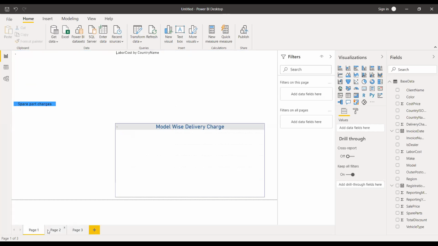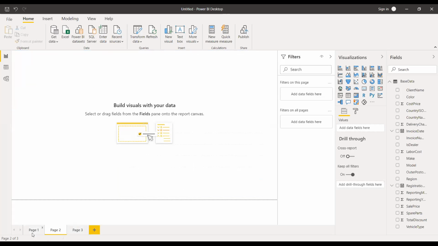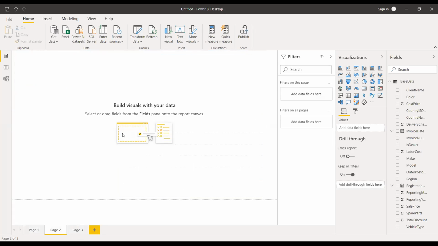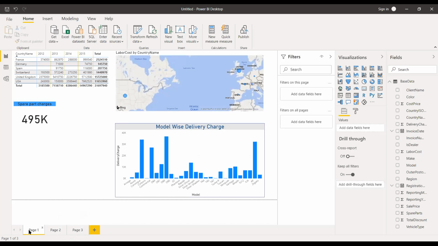On the different pages, I can have, suppose for one product we are defining this, or for one country I'm defining this, for one specific region I'm defining this report, for another specific reason I'm defining another report. You can change the name of the report by just renaming the page, deleting the page, hiding the page, duplicating the page. These are the options, just like the Excel files. Here you have the pages arranged in the form of tabs.